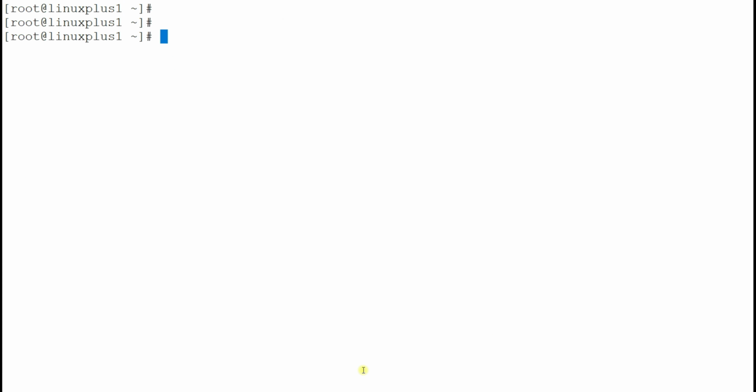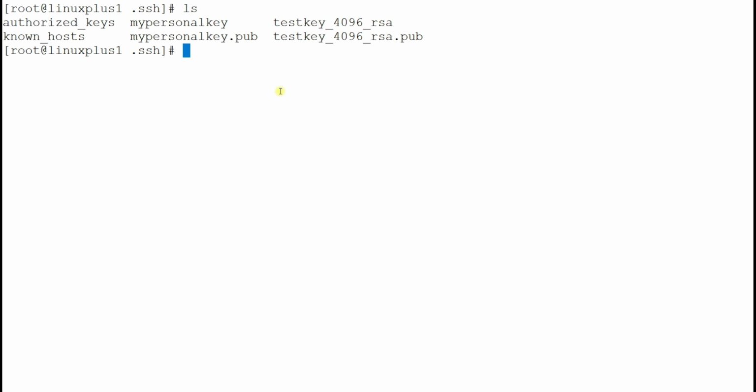Alright, so now we know that this works. I can log in, so now see, connection to localhost closed. So Control D to log out and Control L to clear, because I'm always typing clear wrong, so why not just use the shortcut Control L. Okay. So now we can see that I have tested my test key